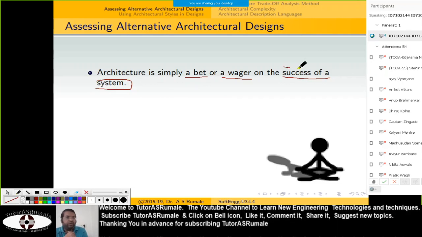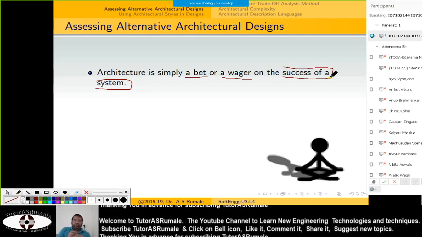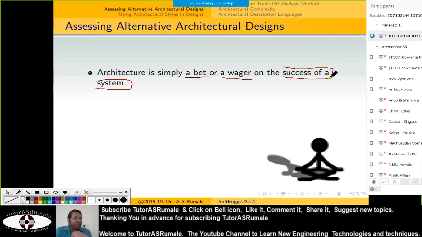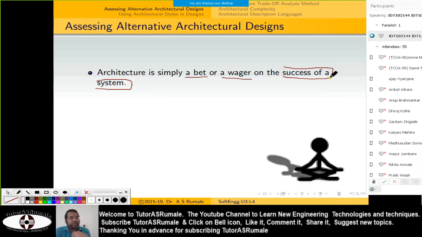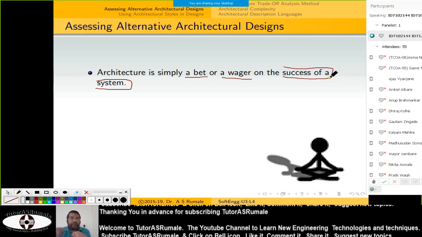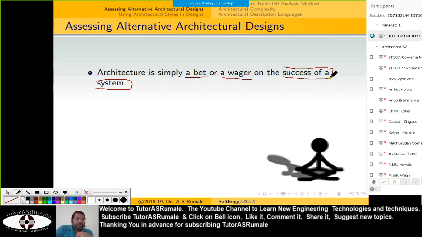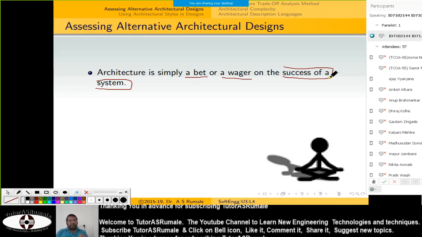For example, if I want to become a successful businessman, who will you follow? Obviously, you will not follow me. You will follow Mukesh Ambani, Anil Ambani. No, not Anil Ambani. You will always follow Mukesh Ambani because you want to become a successful businessman. Let's say suppose you want to become a successful trader, who will you follow? Obviously, Warren Buffett, not me, neither any of your friends, because they haven't got success.